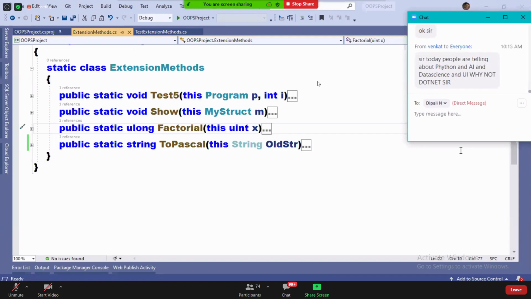Yeah. People talk less on .NET because there are fewer people in .NET. Everyone is talking about Python, AI, data science. Their assumption is that this will be the future. Yes, AI, data science, and all these are going to be the future. I agree with that. But learning them is not very easy, guys. For a fresher, it is rocket science, guys.